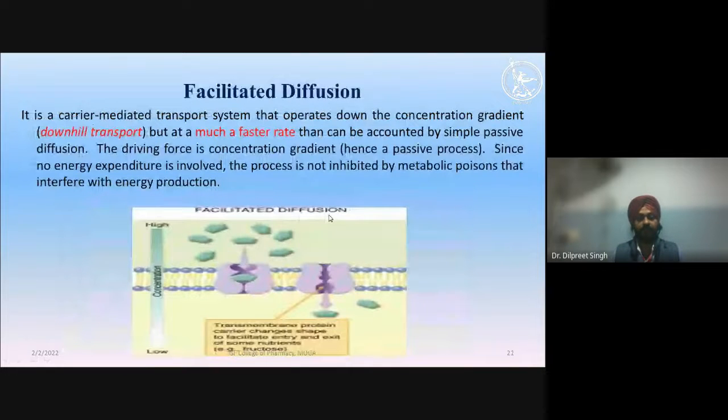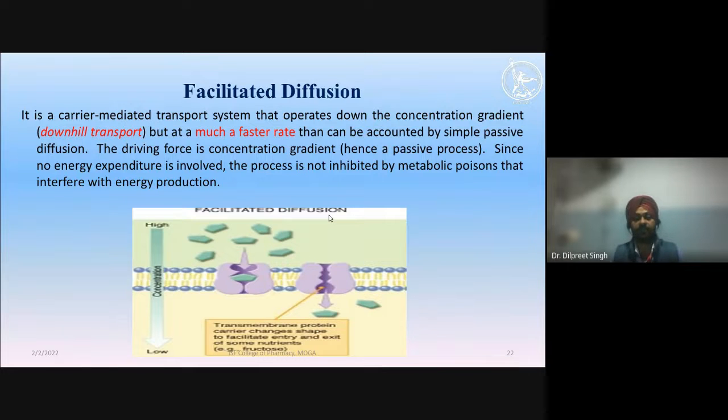Next is facilitated diffusion. Basically, carrier-mediated transport is subdivided into active transport or facilitated diffusion. In facilitated diffusion, transport operates down the concentration gradient. It is a downhill transport, but at a much faster rate than can be accounted for by simple passive diffusion. So the driving force is basically the concentration gradient, and it is held by different passive processes in the